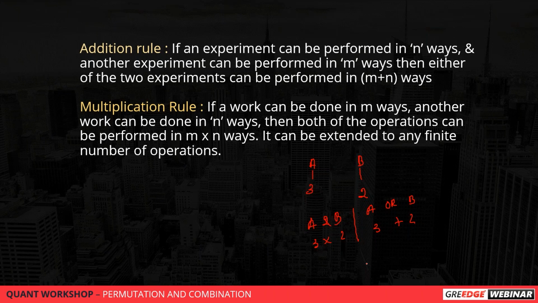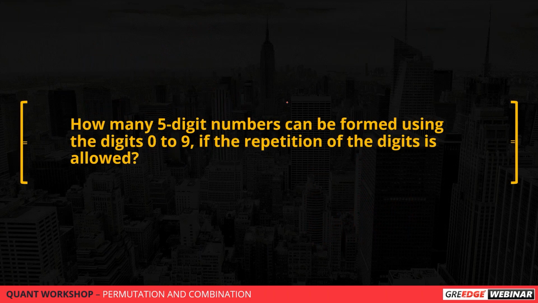Based on the keyword, we can decide whether the two tasks get multiplied or added to get the final answer. So the rule is: when the keyword is and, we multiply, and when the keyword is or, we add the cases. When you read the question carefully, you'll be able to find these conditions. I will give an example. This and-or rule works for both permutation and combination, guys. And I would like to give some introduction about the number problem.